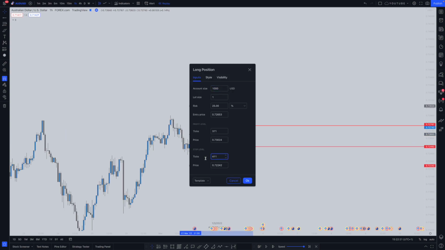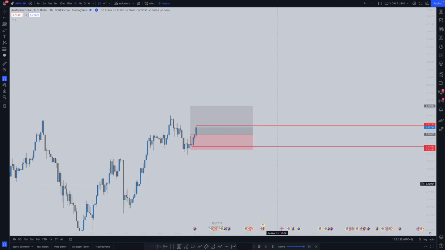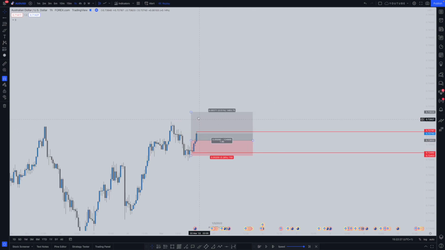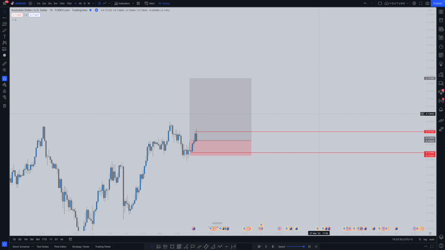I then enter with a 20 pip stop loss, which is 200 ticks. Click on OK, and all we're waiting for now is price to trade back in and see if we can get involved and see if this trade is a winner. So as you can see, we get tagged in straight away right here,